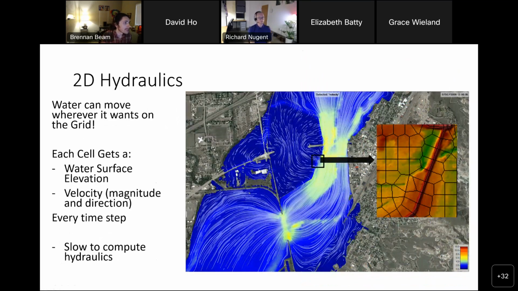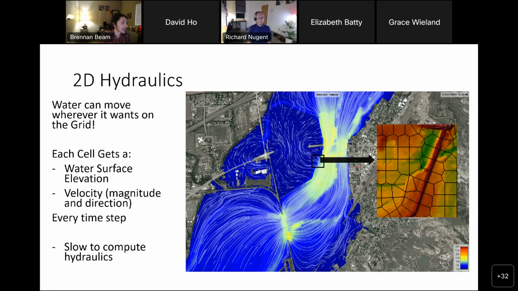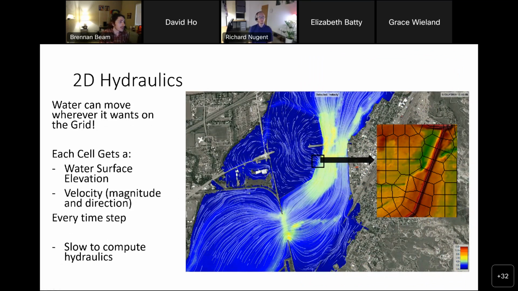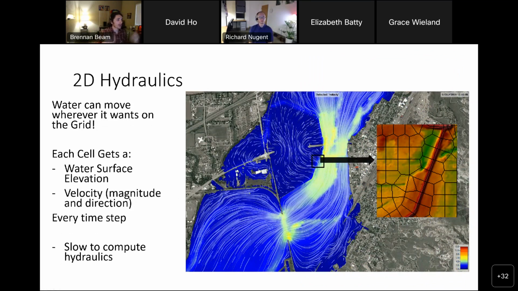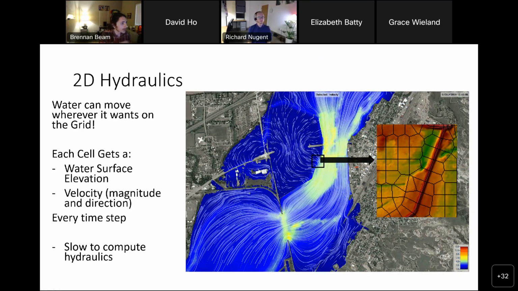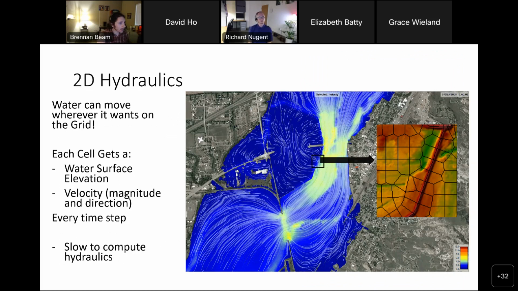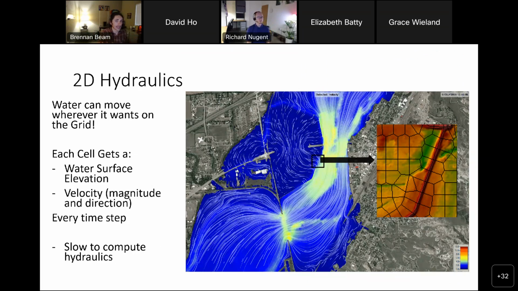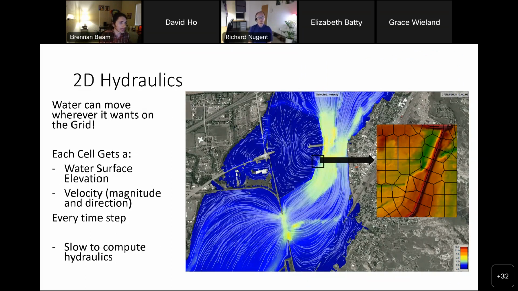A better way to approach that kind of problem, and how I approached this problem, we're looking at Glendive, Montana. Here, I'm using 2D hydraulics. 2D hydraulics is the cooler, newer, more shiny way to answer these questions. We lay out a grid over our study area, and we allow water to flow from grid cell to grid cell on a two-dimensional plane. That's where the 2D comes from. This can capture lots of different flow directions. So in Glendive,